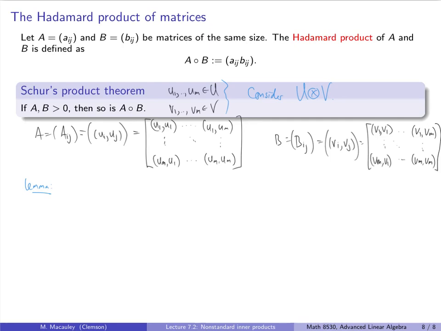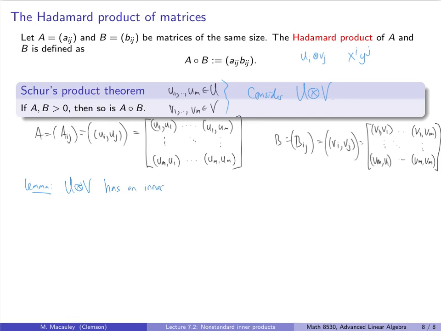It's often helpful if you have ui tensor vj to think about this as like x to the i times y to the j. You really are multiplying the basis. You're creating a new vector space where the basis elements are the products of things in here and things in here. So a lemma that I will leave as an exercise is that u tensor v inherits an inner product structure from u and v,